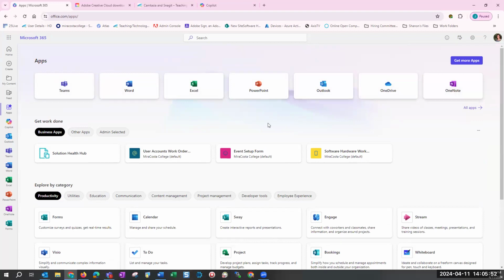Now, let me preface this. If you sign into Office with your employee credentials, and you license Office with your employee credentials, you're getting what you have at work. So if there are any secure documents that you don't want someone to access on your OneDrive or in your Teams, you may want to put that on a computer that no one else is using at home. I just wanted to give that one little caveat. And if you have questions, please let me know.